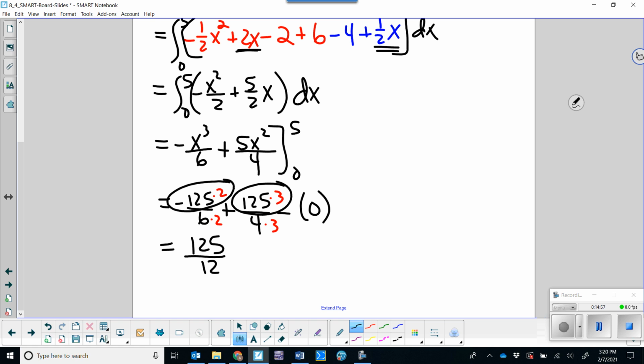Worst case scenario is possibly that the fraction then reduces afterwards. But even on multiple choice, that's where I would stop, and then I'd go start checking my answers, and if they didn't have that denominator, then I'd look to see if I could reduce. So really good problem for you to take some time and go back and look at this problem, because it's